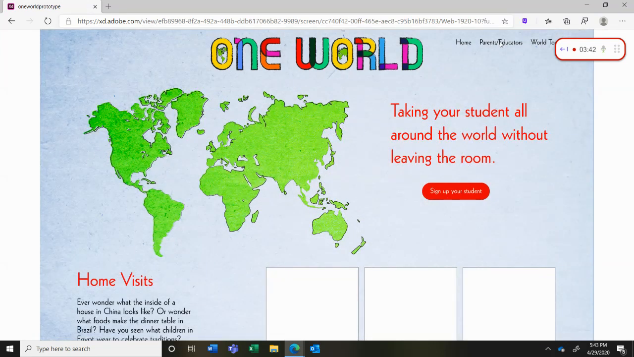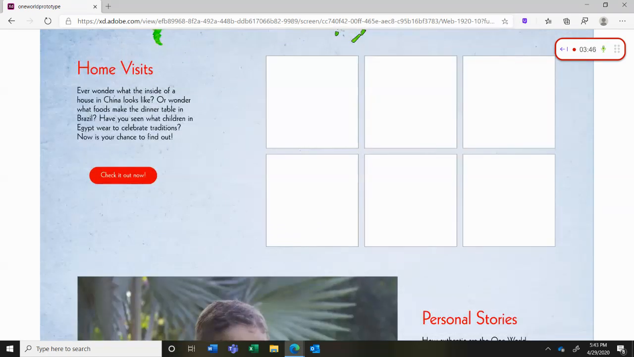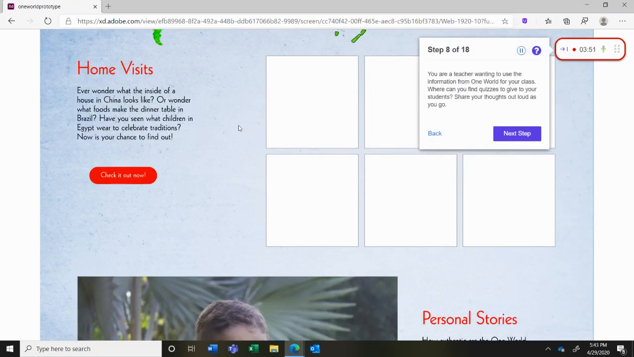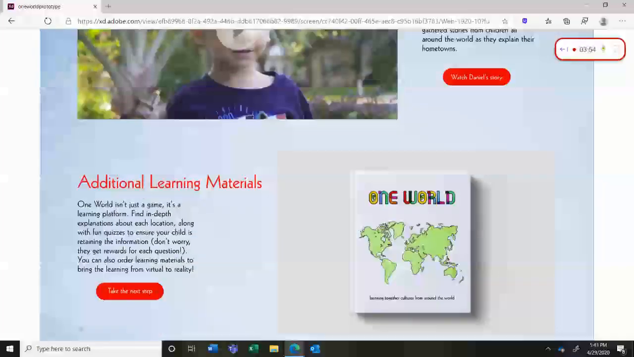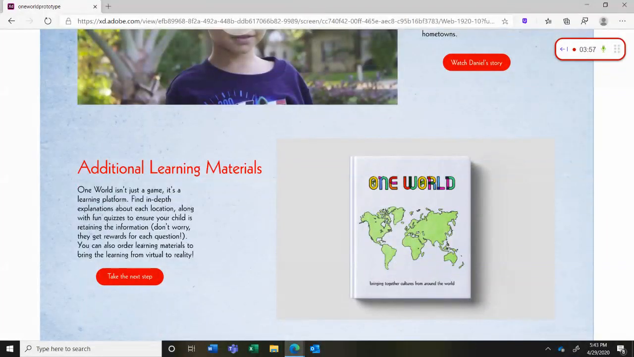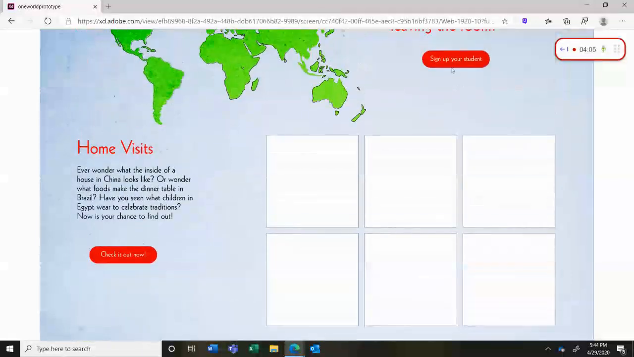From here, I'm able to go on and I see different links I can click on. So if I want to do quizzes, I see stories, additional learning materials. Okay, so I see additional learning material, which I can try. I thought I'd be able to take the next step. I'm not able to, but I assume it would be